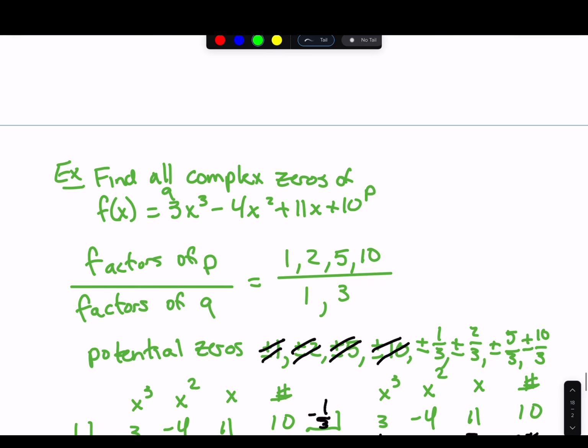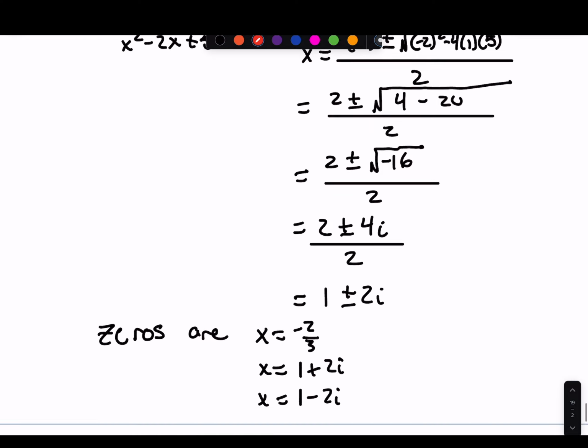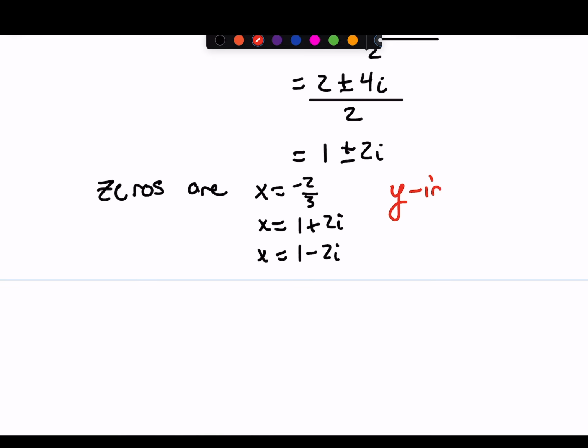So we have, switch colors here, y equals 3 times 0 cubed minus 4 times 0 squared plus 11 times 0 plus 10. Well, the 3 times 0 cubed goes away, the negative 4 times 0 squared goes away, the 11 times 0 goes away, and we're left with just the plus 10. So finally, our y-intercept is the point 0, 10. Okay, so now we have